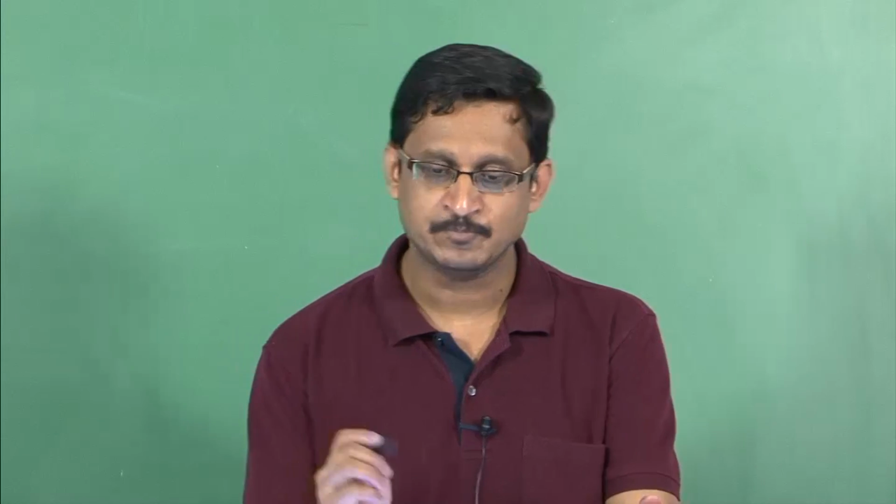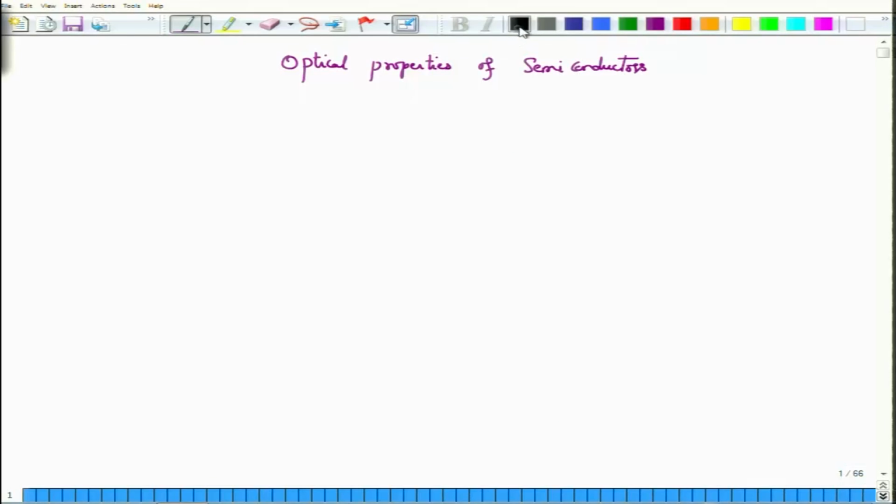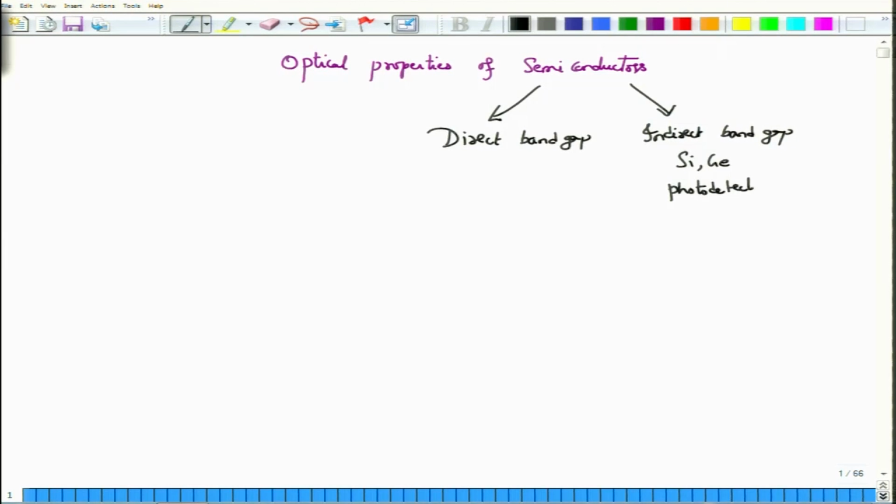But before that, let us first look at what type of semiconductors are actually suitable as a laser material. In that case, we distinguish two types of semiconductor. The first one is called the direct band gap semiconductor, and the other one is called an indirect band gap semiconductor. The popular semiconductors that we know of, namely silicon and germanium, actually fall in the indirect band gap category, and therefore they are good for the photo detection process. Unfortunately, they are not good for lasers, for the reason I will explain to you now.